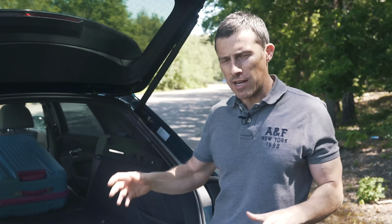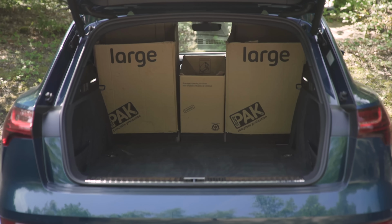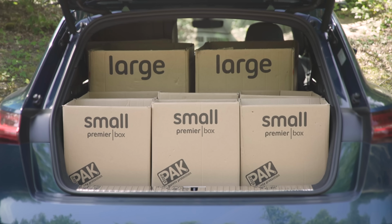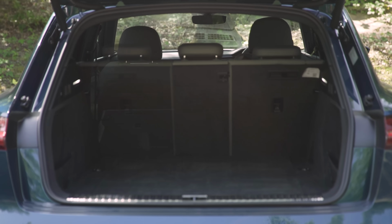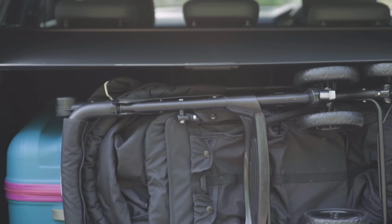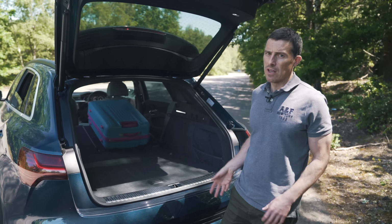So just how much stuff can you actually fit in this car's boot? Well, with the rear seats folded down, you can carry 2 large boxes and 1 small box, 2 more large boxes, 3 small boxes, and another 3 small boxes. A bike will also fit in with both wheels attached. With the rear seats in place, the boot is wide enough to carry a set of golf clubs, or you can carry 2 suitcases and a baby buggy on its side underneath the load cover. In fact, 8 small boxes will fit under there, and you can fit even more stuff in if you remove